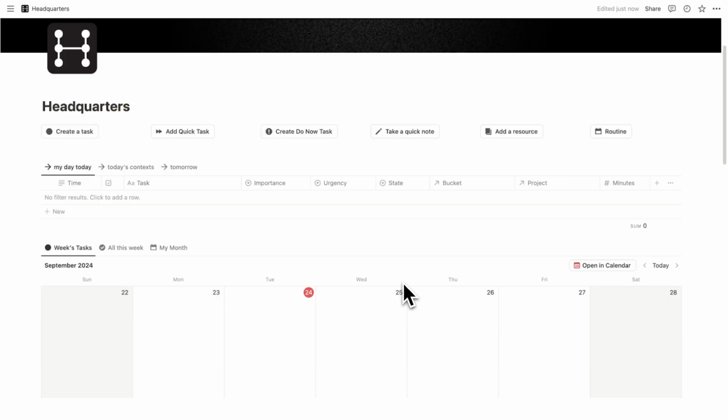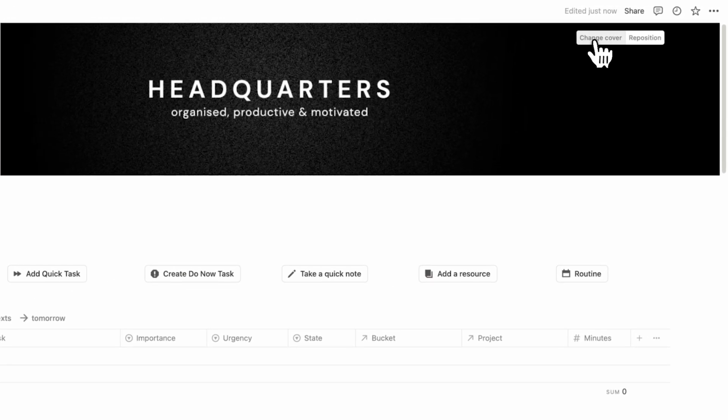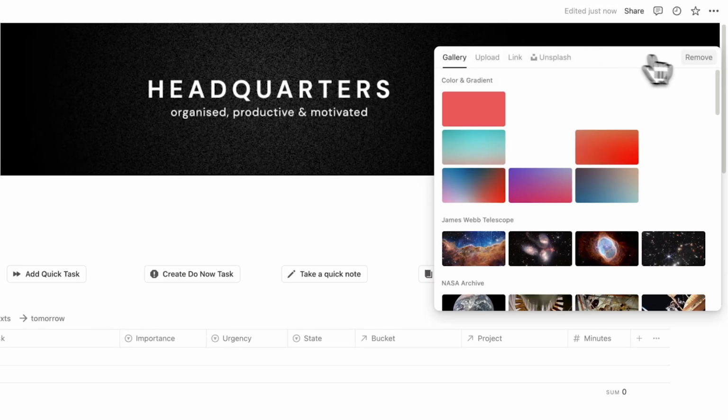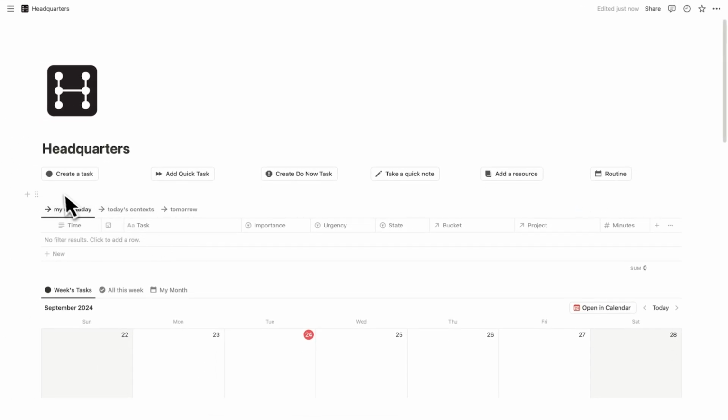So typically what I've seen people do is often they remove this logo, this banner at the top. I totally get it, no hate there. So at the top here, we have the quick buttons. I put these at the top because you want quick access to them. Most likely when you're working throughout your day, you'll have Headquarters open and maybe Notion Calendar if you use that. So in order to remove context switching, the idea here is you can click on these buttons here